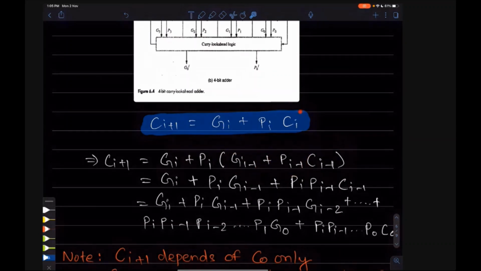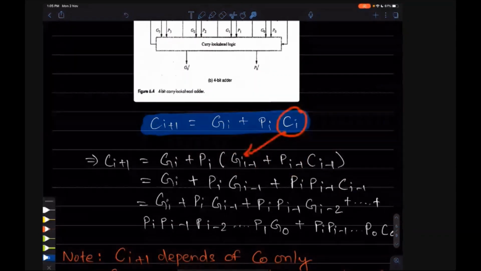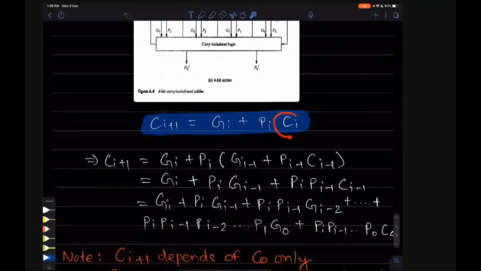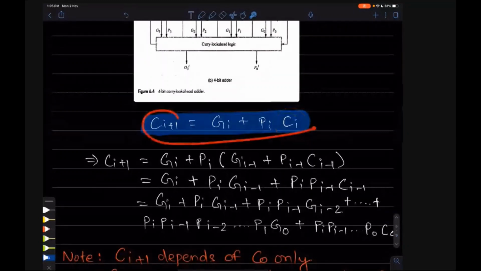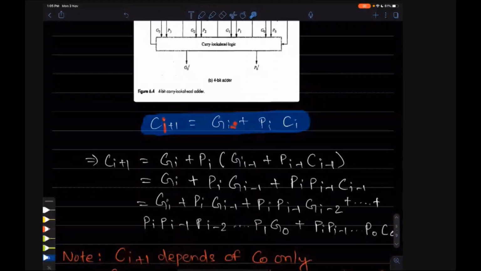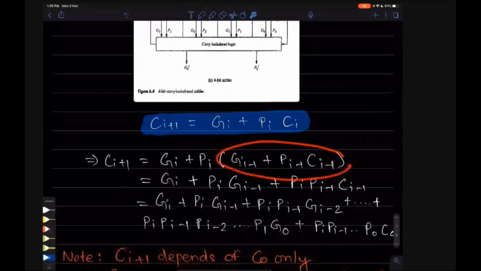We are replacing ci with gi minus 1, pi minus 1 and ci minus 1. Understood? Putting the same equation again, the next one will be ci minus 2, and so on. So that's the replacement.